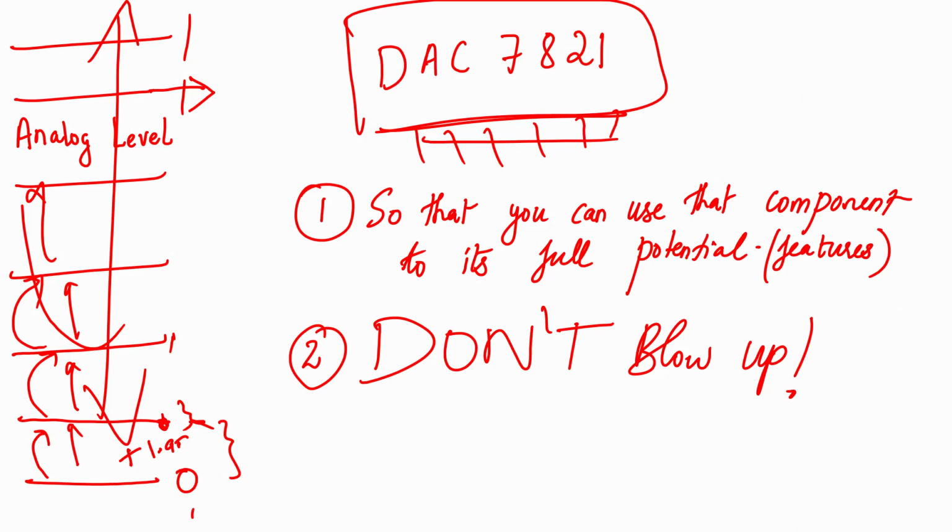Next, I will run you through the data sheet of DAC 7821, keeping this IC as reference, and tell you what all things you need to look at in a data sheet quickly. First we will go through the datasheet in some detail, not that much detail. Then I will do a quick recap and tell you, if you suddenly have a new datasheet, what are the quick things you need to look at before you go to either designing the circuit with that IC or analyzing a circuit that somebody else has designed.